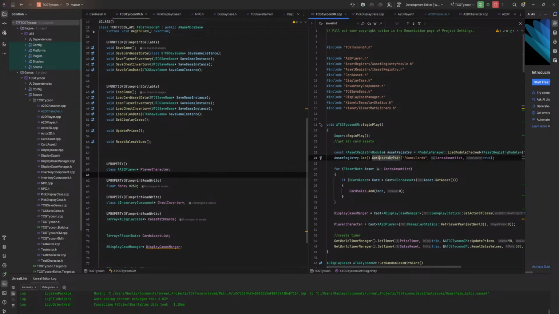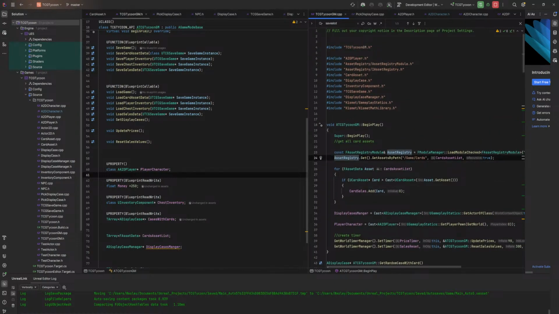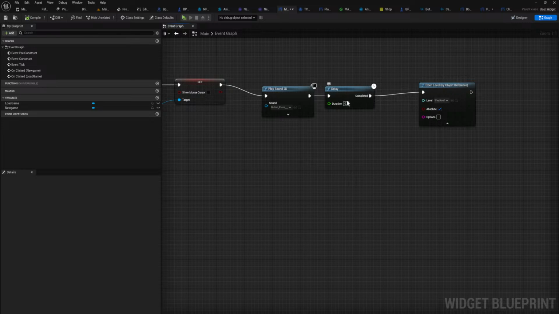So yeah, begin play, get asset by path. I think this is the line that's stalling at begin play. No, it can't be actually, because this is in game mode and that does not run until the actual map opens. So it can't be that. Then I don't know what's causing that. Anyway,